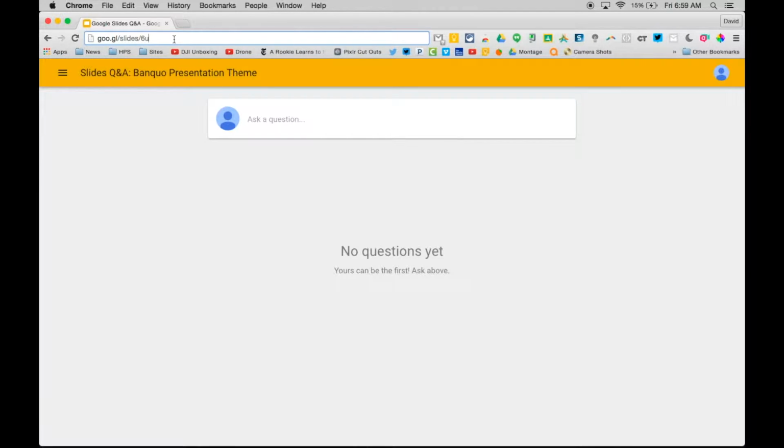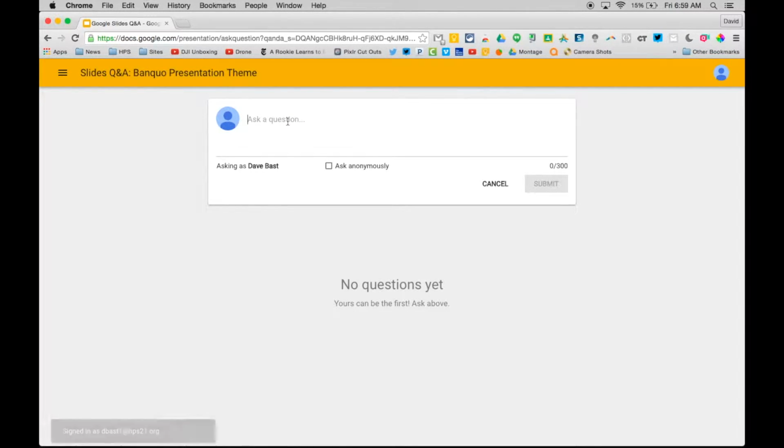So on the student side now, you enter that URL, and when you do that, this window pops up where you can ask a question. And so you have two options. Since you're logged into your Google account, or your students are, they could ask it as themselves, or they could ask anonymously. And of course, there's a danger with that: you could get something that is inappropriate, so just be aware that could happen. But as you type in your question here,